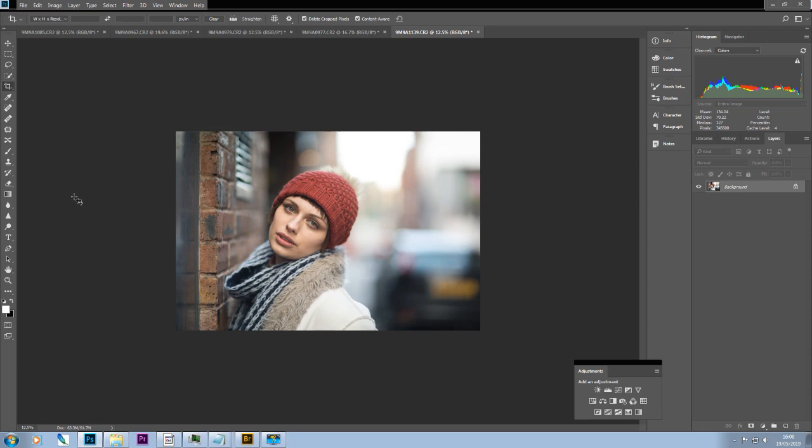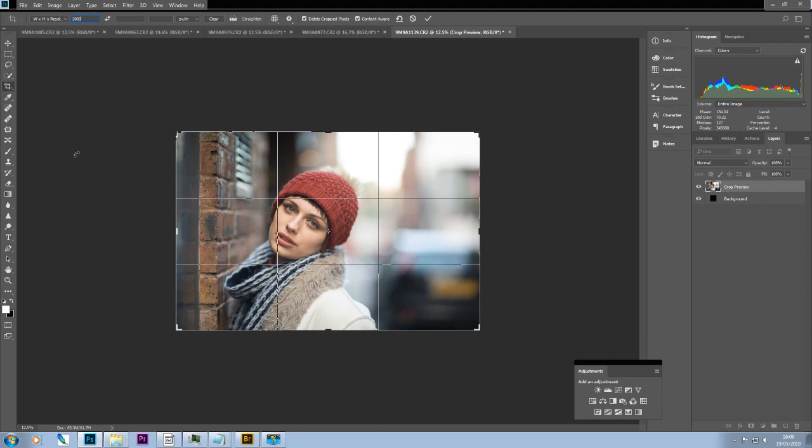What I need to do is set things up so that Photoshop will produce an image of the same size from whatever crop I do. And the easy way to do this is just to set up a preset. Now, to set up a preset, I could, for example, say that I wanted to be able to